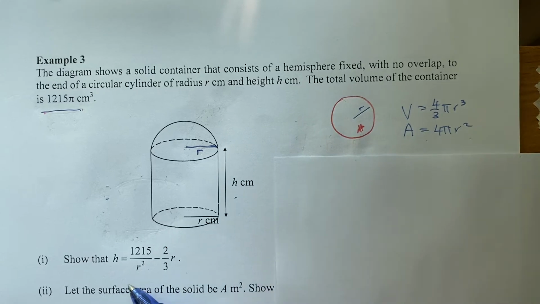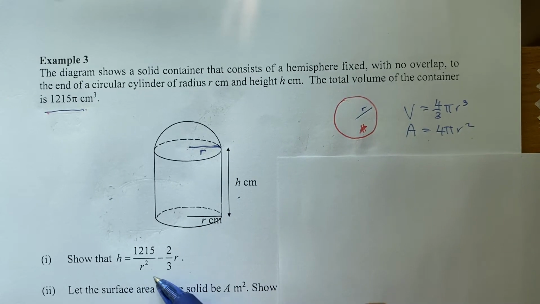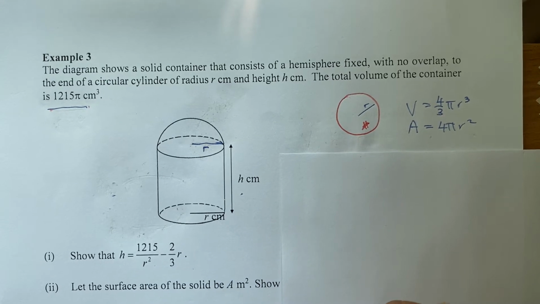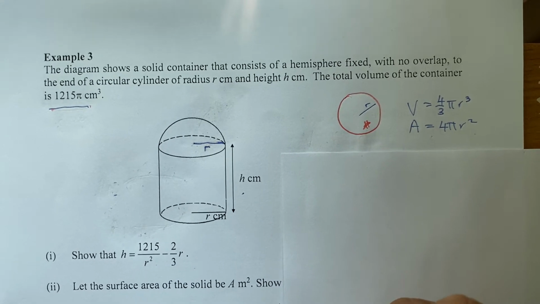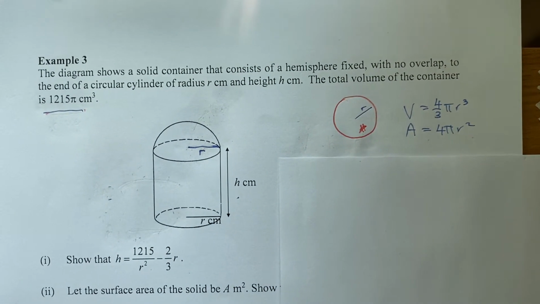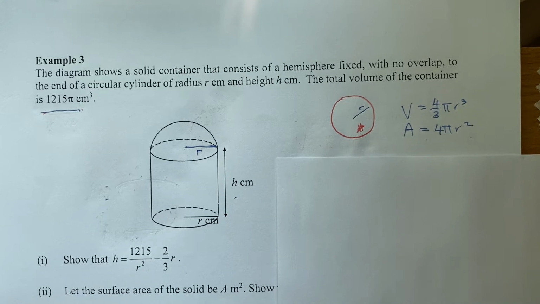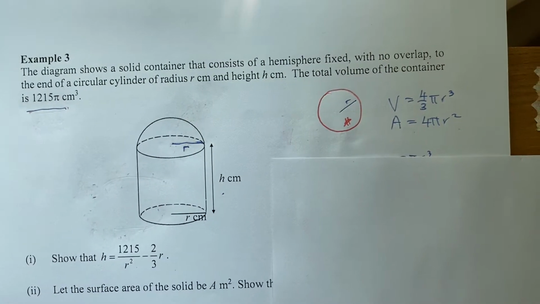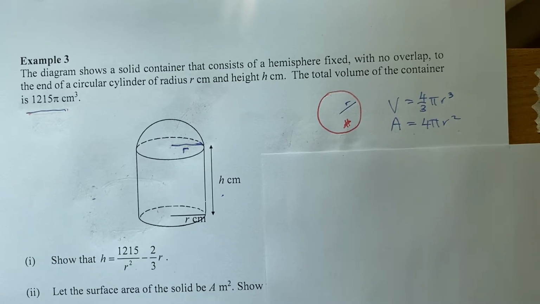Now we need to show that h, in part 1, is equal to 1215 divided by r square minus 2/3 r. Now how are we going to do that? Can you find the clue that is inside the question? Yes, the volume is 1215 pi cm cube. Now, given that,